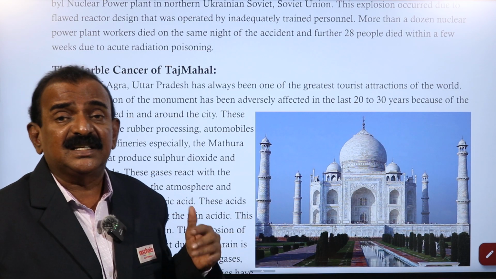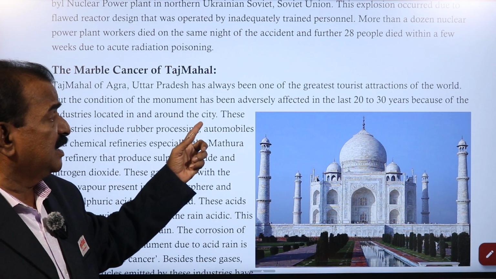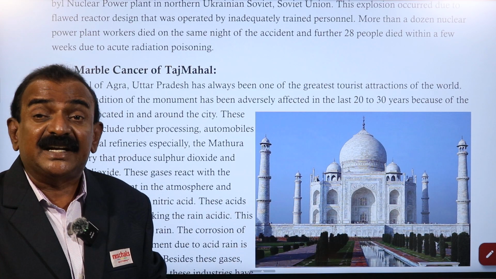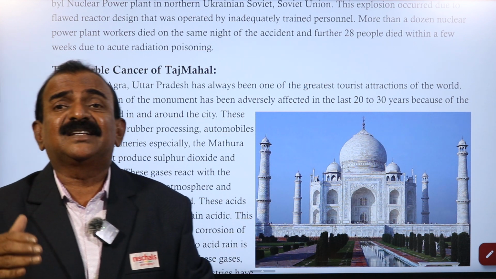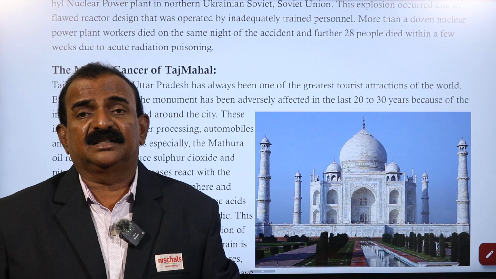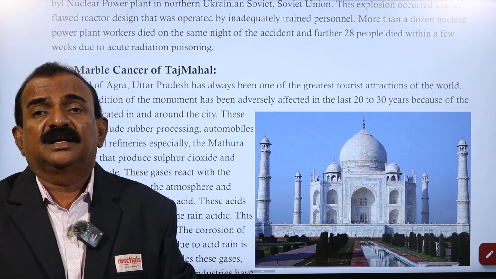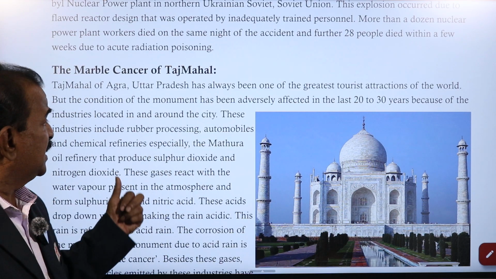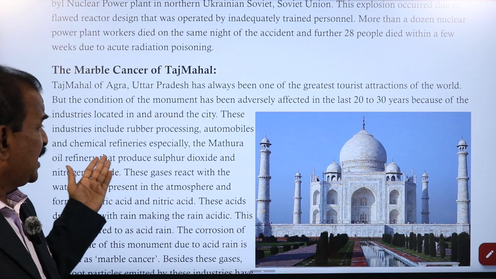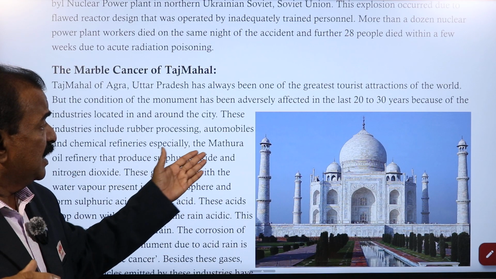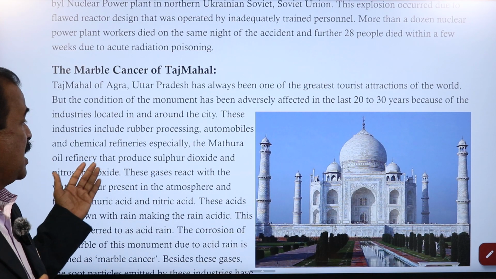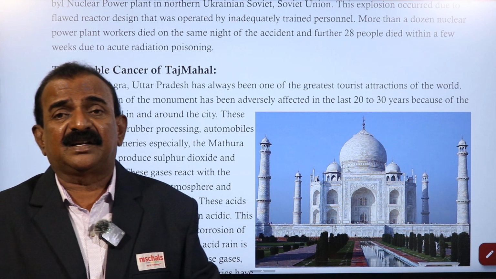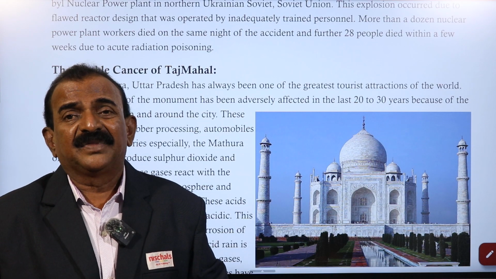Now why are we discussing this? Here you see this monument has been adversely affected for the last 20 to 30 years by air pollution and acid rains. Around Agra city, many factories are located: automobile industries, rubber processing industries, and oil refineries. The major one is the Mathura oil refinery. So these oil refineries, chemical factories, and rubber manufacturing factories are located in the city of Agra,